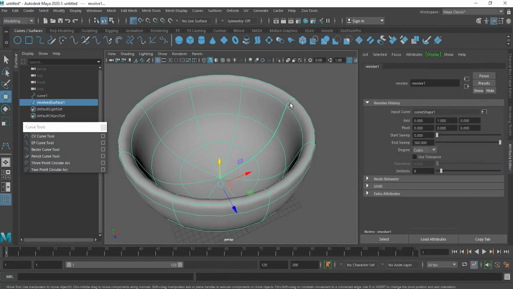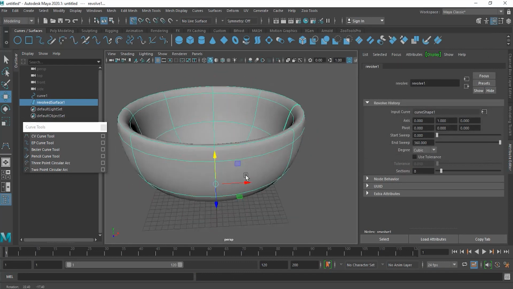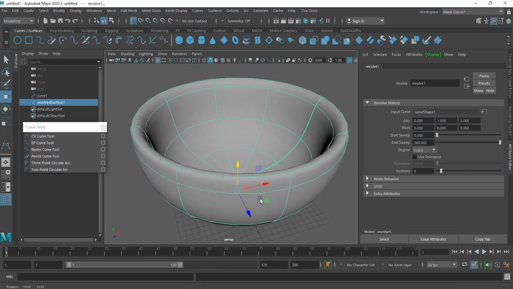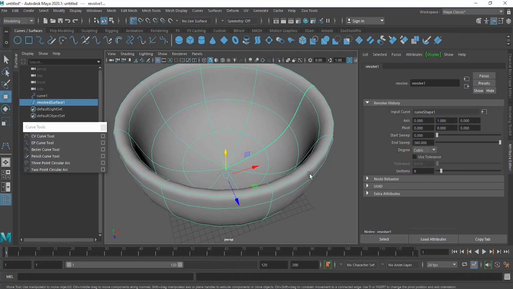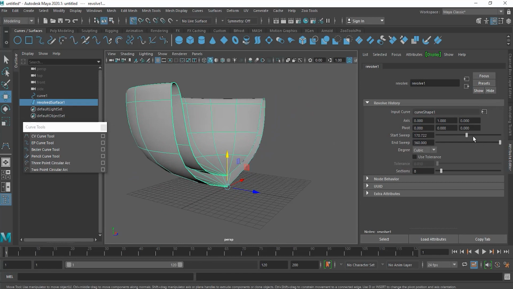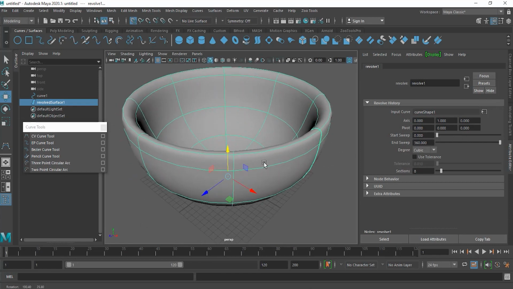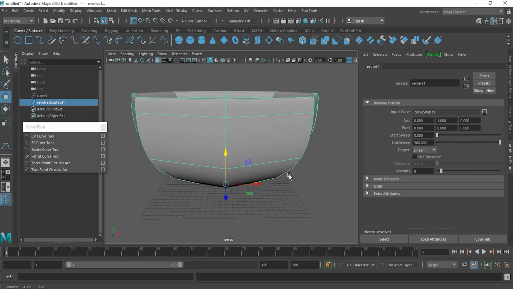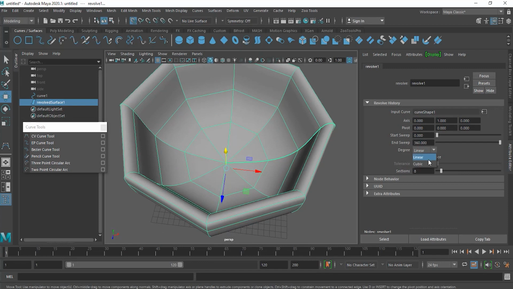Now you can see that as it's been revolved around, it took the shape of a bowl. Once it took the shape of a bowl, it gave me options in the attributes of the revolve. So I can change this with the sweep. Maybe I can make a chair or something like that, like somebody can sit over here, it's a chair. Or I can change it to linear, and it will look like a bowl like this,